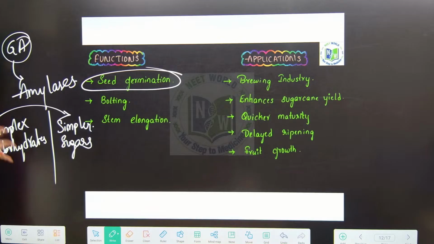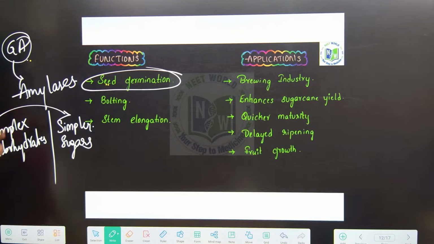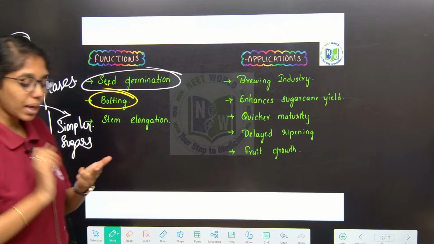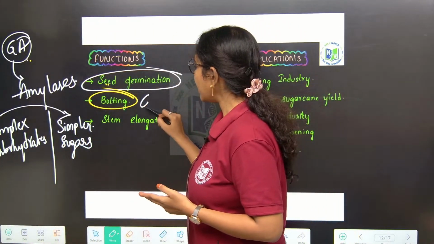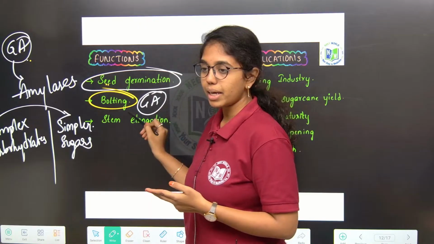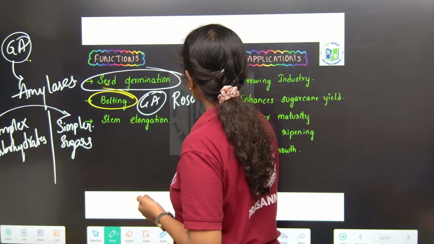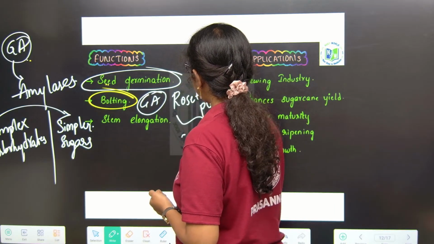Okay. So that is how gibberellic acid is promoting seed germination. Second is bolting. This is a function. Bolting is a major function and application that we are using, nothing but gibberellic acids. If we supplement gibberellic acid to some rosette plants like cabbage,